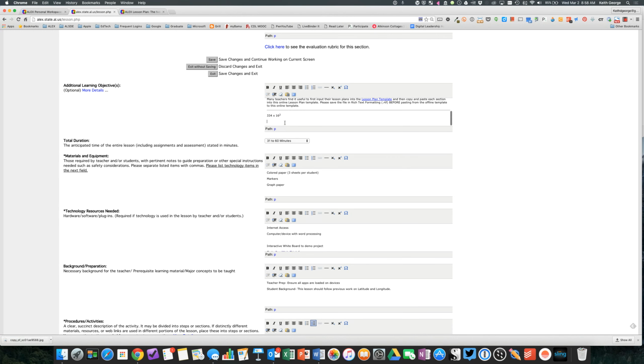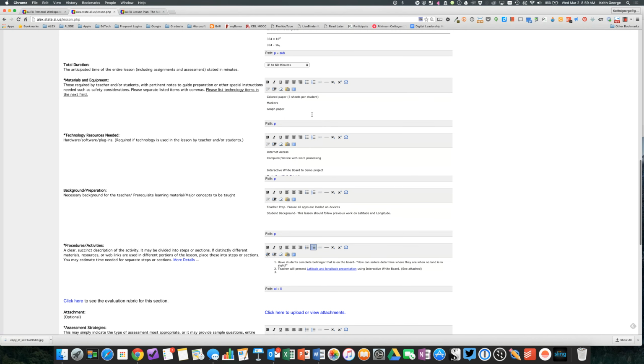Or maybe I needed subscript. So 3, 3 for minus 164. Change numbers there, but that could also be subscript. So if you need it, you can add it there. And then I already showed you the insert special characters menu. So those are just some of the formatting tools that are available in all of the text boxes on any